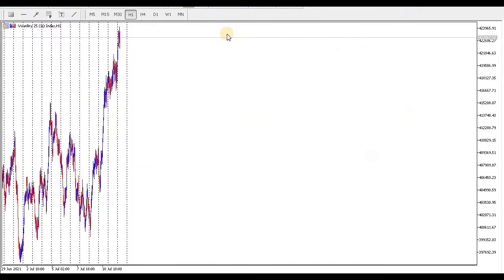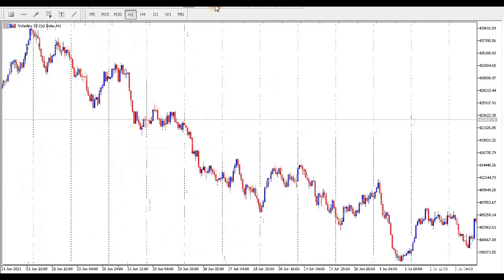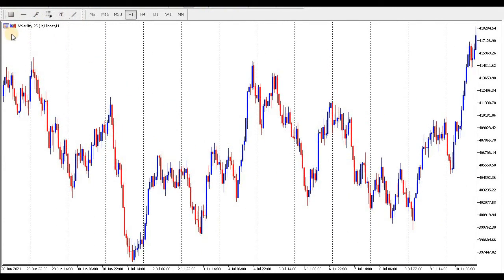So without wasting time, let's start with our example here. As you can see, this is volatility 25-1S indices, and this is H1 time frame. And as you can see here guys, the market have created a drop, base, drop, meaning this was our previous lower high. And then as you can see, this previous lower high was taken out, and then the market went down. And as you can see, they have also taken out the previous higher low, as you can see, creating a